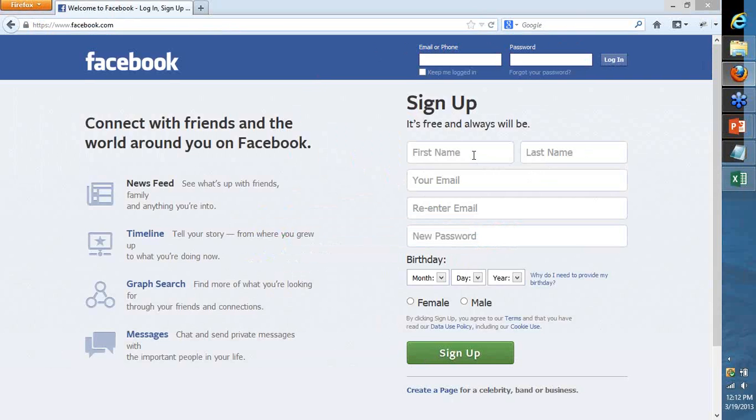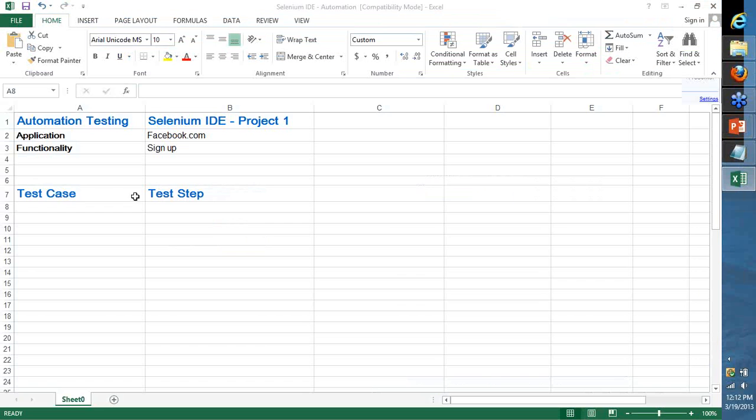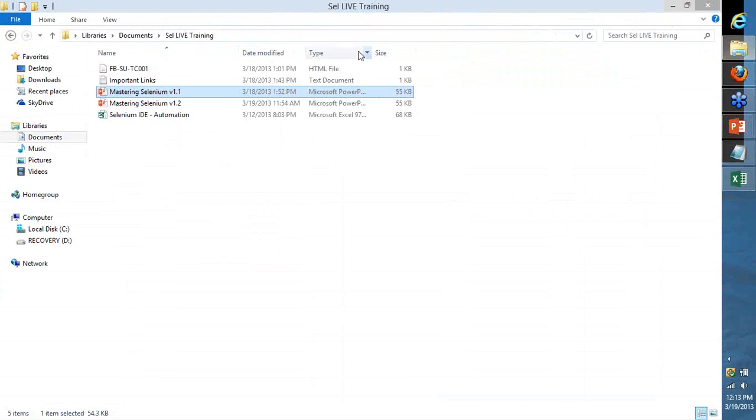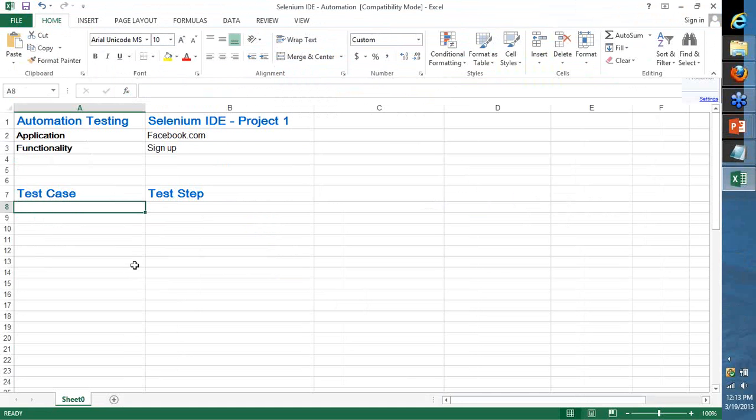What happens at that time. So that is a functionality. So I'm going to write this as, how did we name the test case that we did yesterday? FB for Facebook, SU for sign up, TC001. Okay, so I'm going to write FB, SU, TC001. Now, if I'm not doing automation and I'm just a manual test engineer, what is it that I would